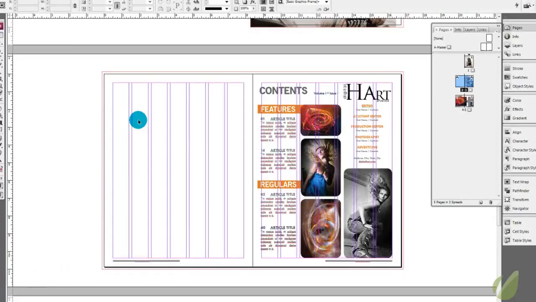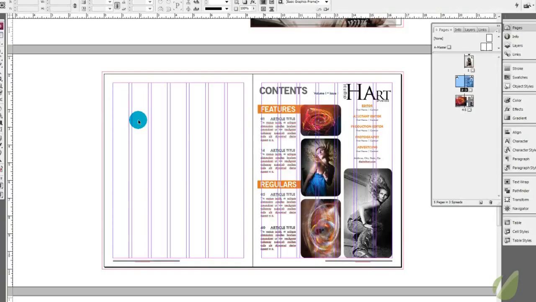This lesson is all about master pages and how to use them effectively in your document to make things a whole lot easier. Now the trick to master pages is usually you're going to use this for publications, documents that have a lot of different pages in them, and you're going to have some repeating elements in this document. And using those elements in the master page makes it a lot quicker and a lot easier to duplicate that